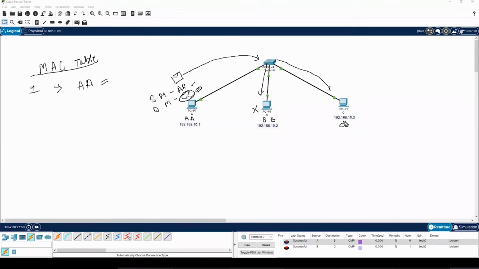It will ask PCC, are you the one with the MAC address of double C, to which PCC will say yes, I am the one with a MAC address of double C. In this reply, the source MAC will be double C. Now the switch learns that on port number 3 there is someone connected whose MAC address is double C.